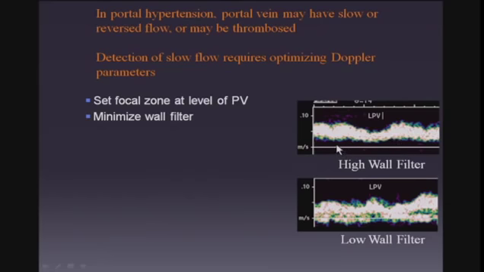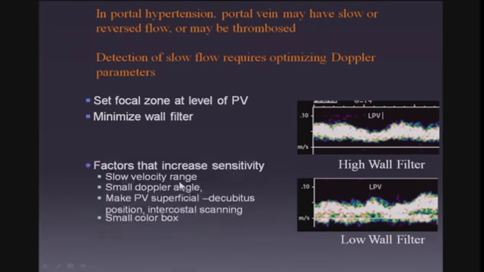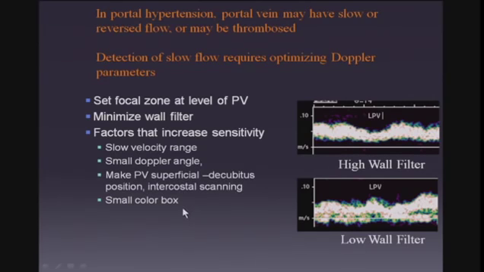So when you have a high wall filter, this black band here represents the low frequency signals that have been suppressed. Since we want to detect slow flow, we do not want a high wall filter, and by changing to a low wall filter, we can see that that black band is removed. There are other factors that you can do to increase the sensitivity. These include